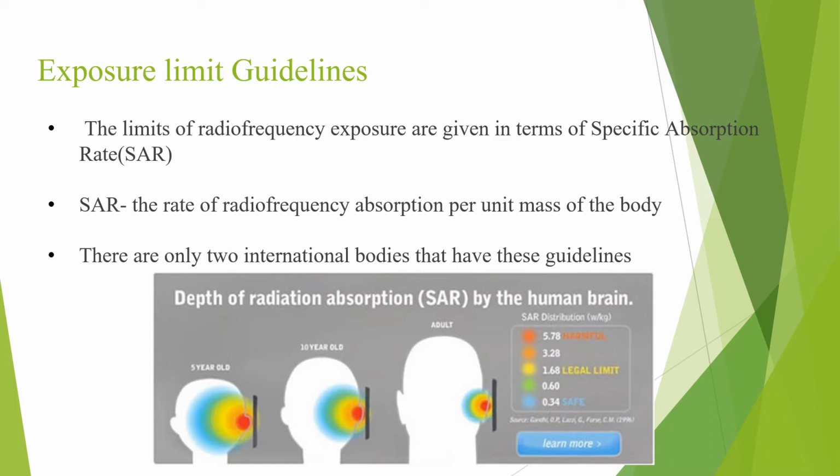When you measure SAR, the phone is placed against a representation of a human head, and the value is then measured at the location of the highest absorption rate in the head, which is often as close to the phone's antenna as possible, usually at the base of your ear, as you can see in the photo. As we can also see, a safe limit is 0.34 and a very harmful limit is 5.78.